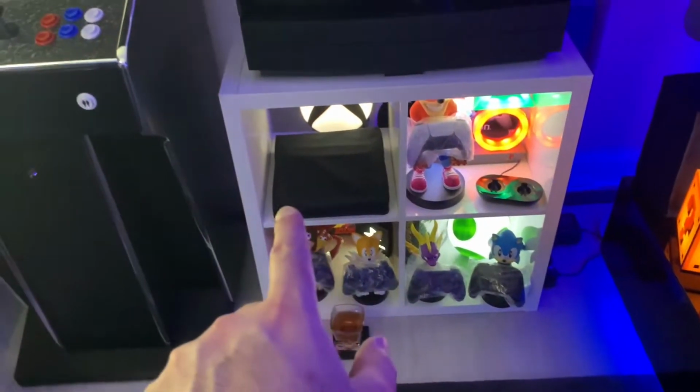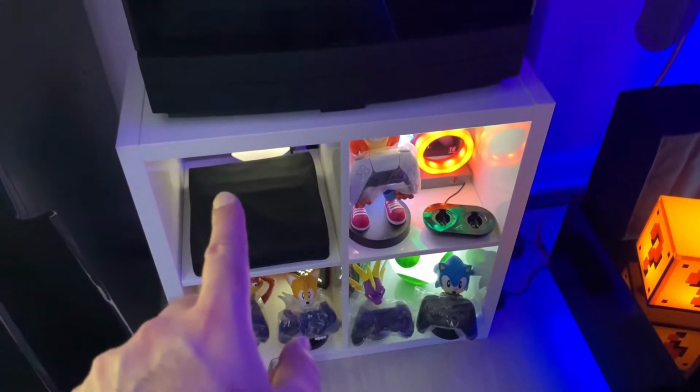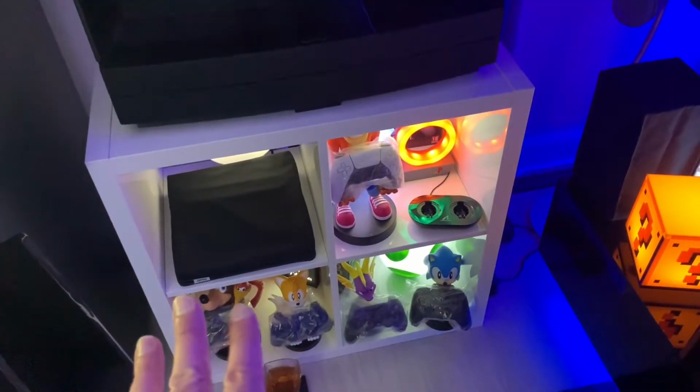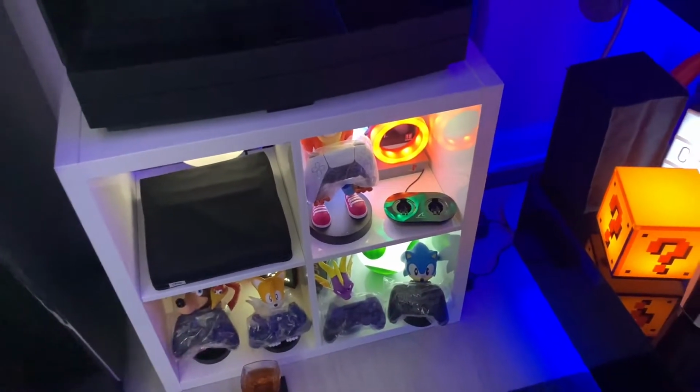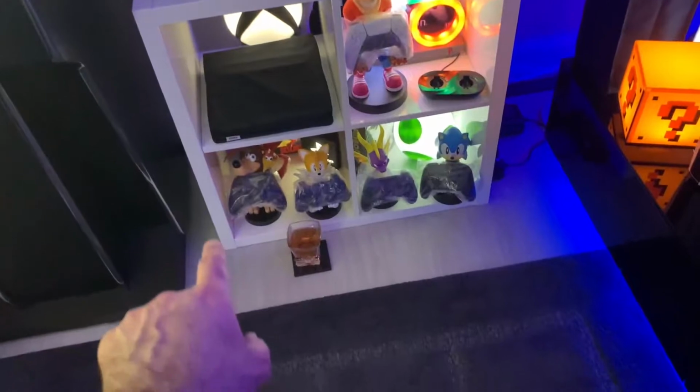And that's a Neo Geo consoleized MVS from Omega. I modified the RGB circuit on that recently to get sharper images out. And just general toys, and there is a nice